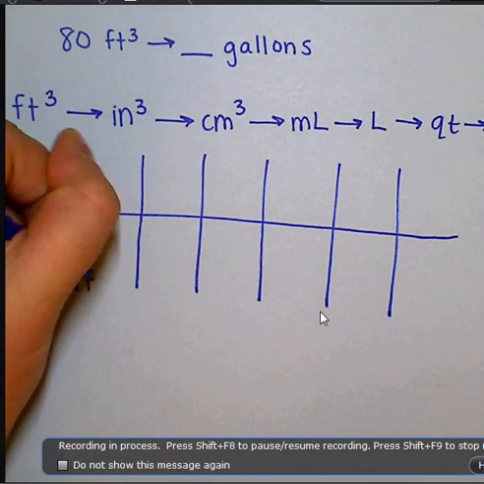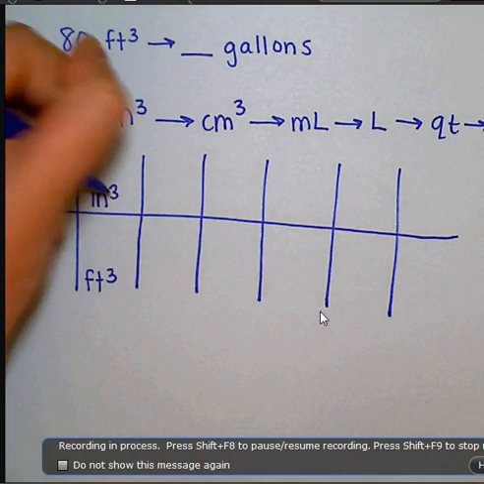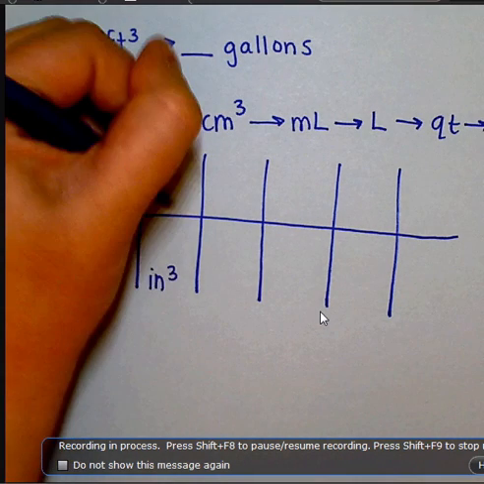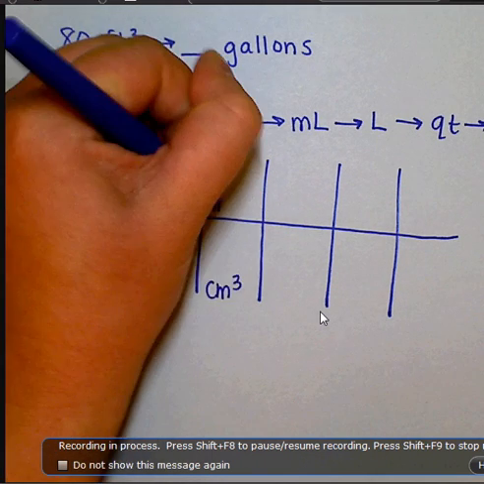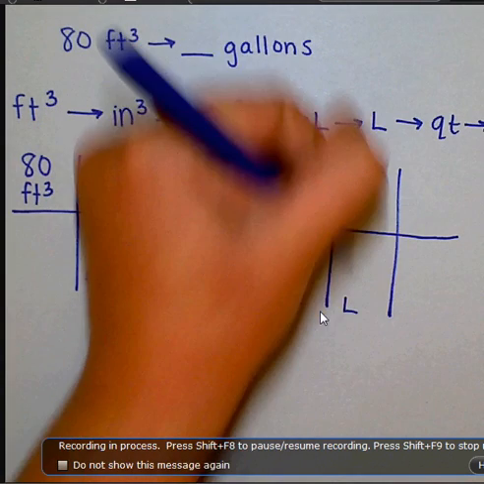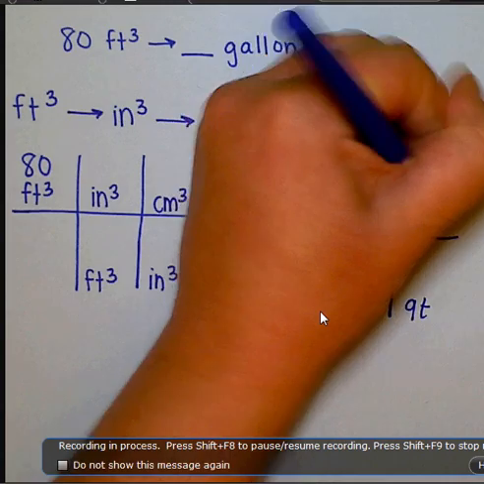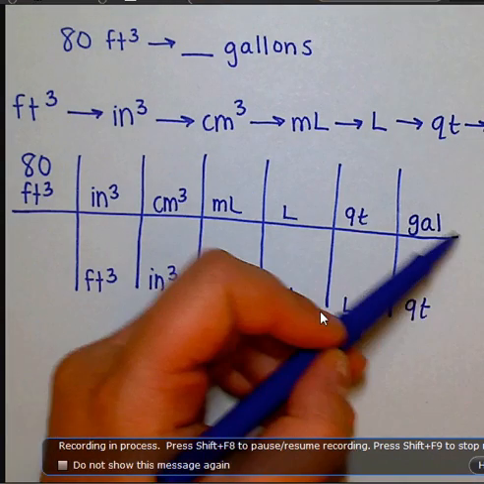I'm going to want to put feet cubed on the bottom so that it cancels out. I'm going to move to inches cubed on the bottom so that it cancels out. Move to centimeters cubed, etc., through the whole problem before I even bother to put a number. And you know you did it right if everything seems to cancel except for gallons, which is what our answer